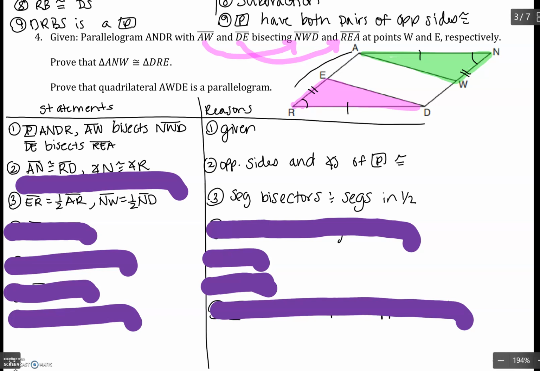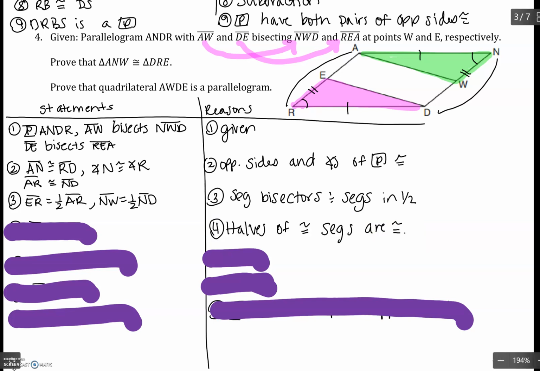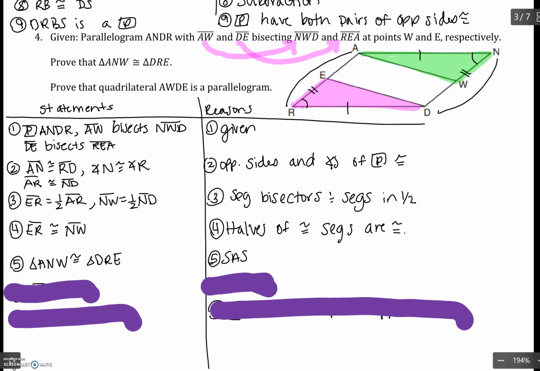We also happen to know AR and NW are congruent from the fact that they're opposite sides, so I squished that in step 2 as well. And since they're halves of congruent segments, these segments ER and NW have to be congruent too. So now I have side angle side for my triangles. They're congruent. I need to use CPCTC to try to prove that the triangles are,